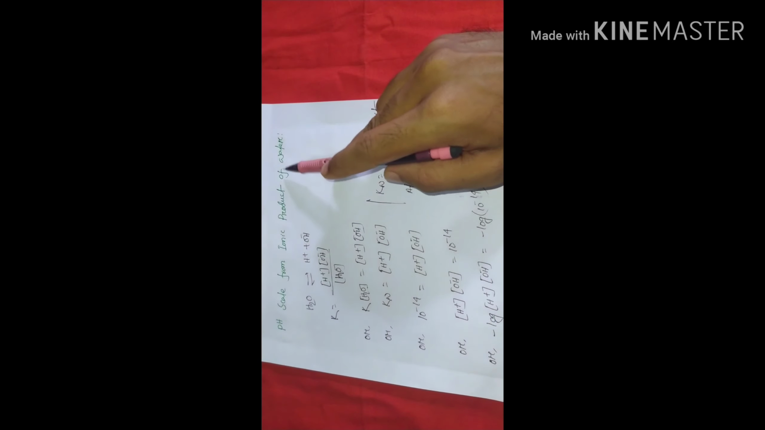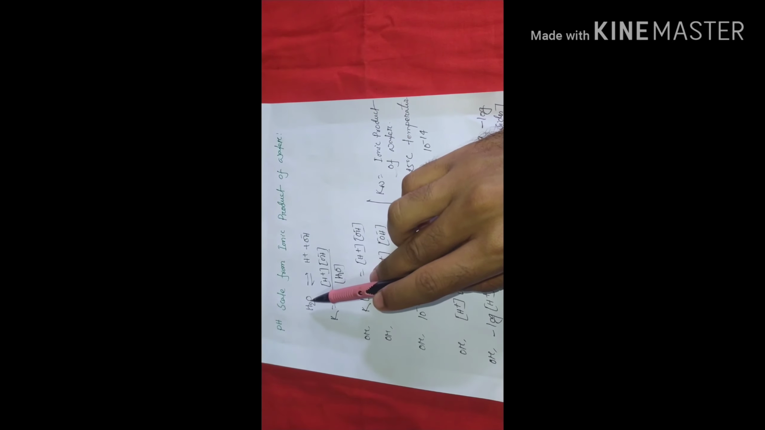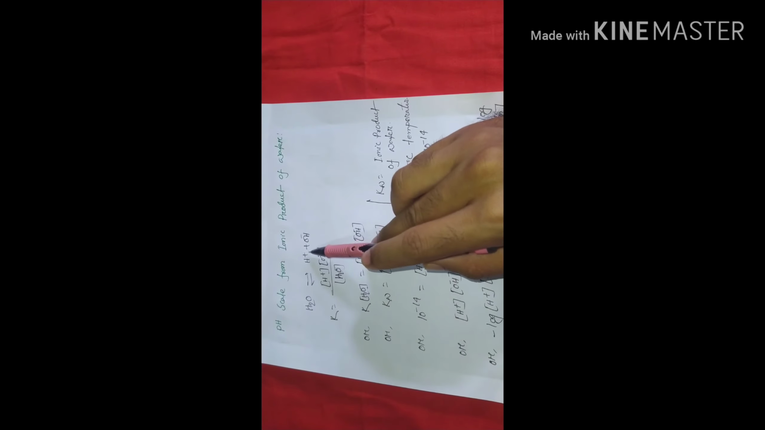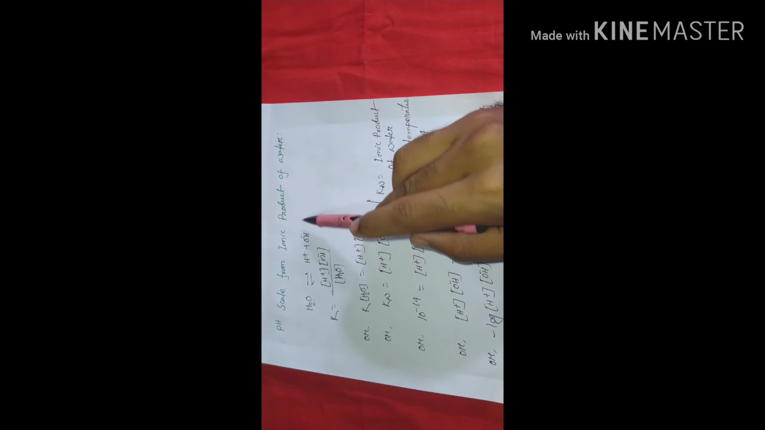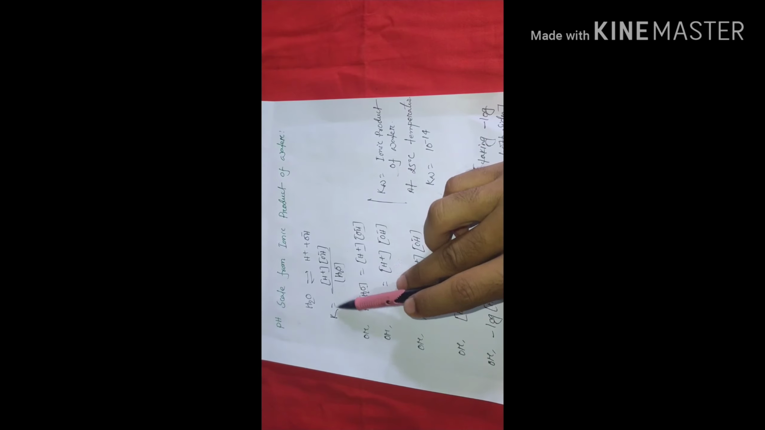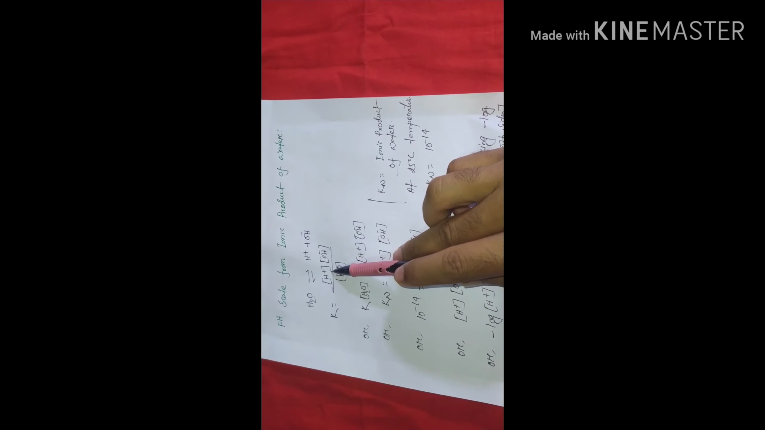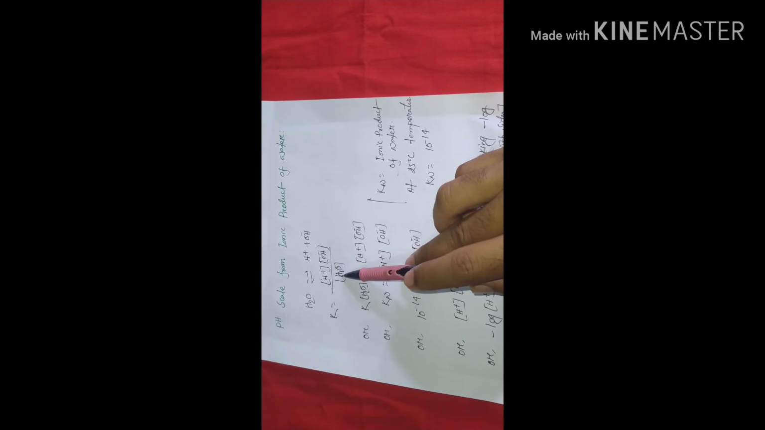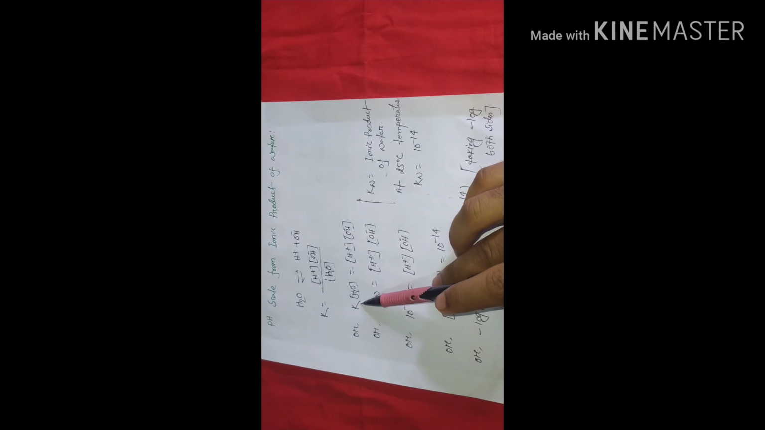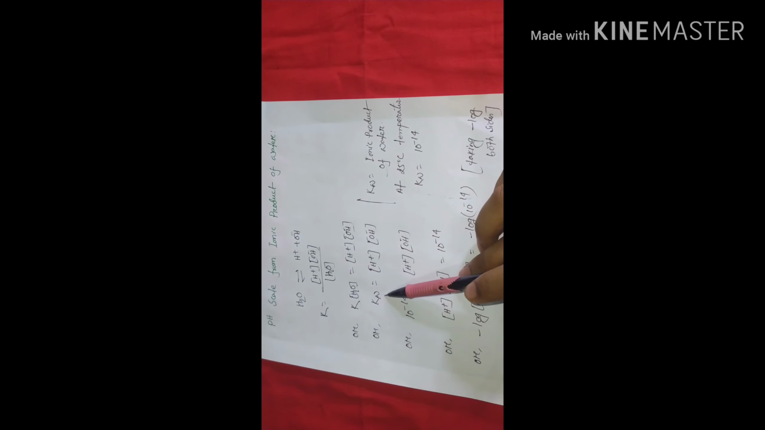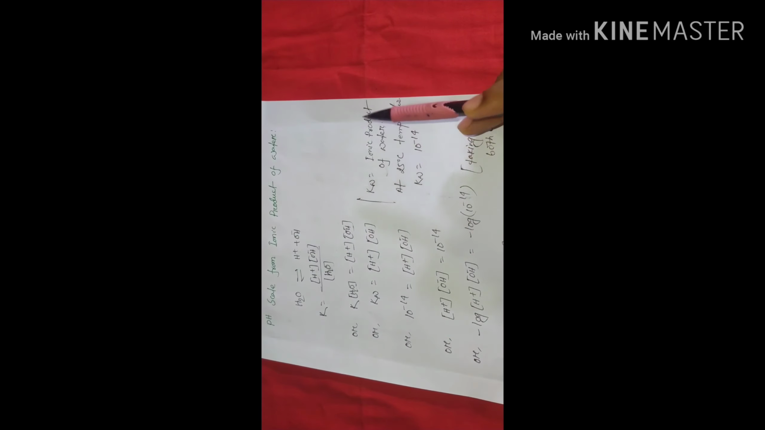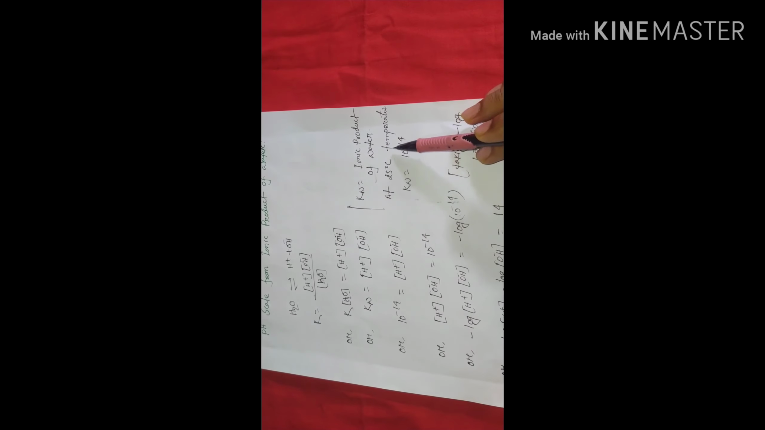pH scale from the ionic product of water. Water dissociates and produces proton and hydroxyl ion. So this is the dissociation constant. K is equal to the concentration of hydrogen ion and the concentration of hydroxyl ion divided by water. So the product of the dissociation constant and the concentration of water represents Kw, which denotes the ionic product of water. And at 25 degrees centigrade, Kw's value is 10 to the power minus 14. So 10 to the power minus 14 is equal to the concentration of proton and the concentration of hydroxyl